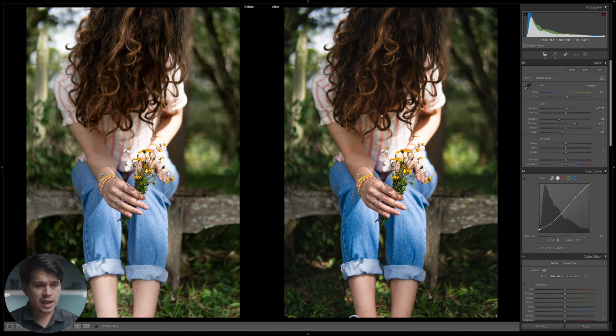So we can see the before and after, what we did in the basic corrections and the tone curve. And we just have a bit more contrast in our image. The darks and the blacks are a bit more punchy and a bit more faded out. And then we have slightly more information in the shadows, preserving a bit better the highlights. Nothing too fancy. The main asset of this preset is done in the color grading, which we're going to get